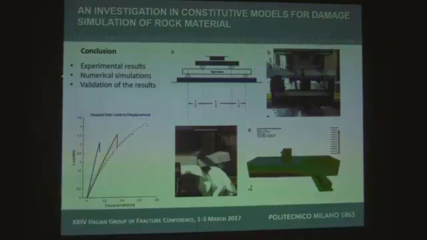So as the conclusion, we've discussed the experimental configuration of the flexural test, which was performed in the classic laboratory of Milano and based on the ASTM standard. Then the numerical simulations that replicated this experimental test